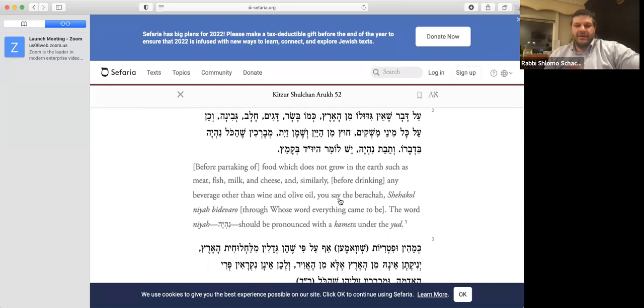Okay, so before taking part of food which is not grown in the earth, such as meat, fish, and cheese, and similarly for drinking any beverage other than wine and olive oil, you say the bracha shehakol nihya bidvaro. These are things which we can't say bari priya adama on, right? Cows don't grow from the ground, and nor do fish, and so anything which is going to be meat or dairy, or eggs, or any animal product, anything that doesn't grow out of the ground,